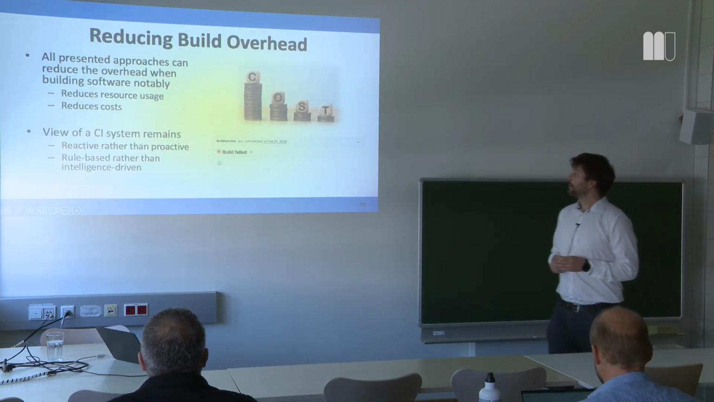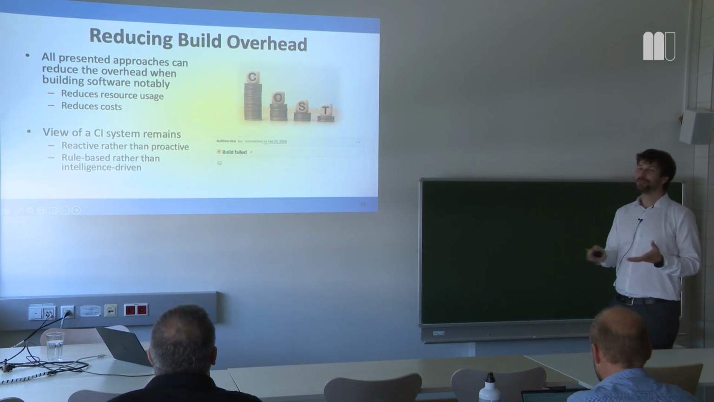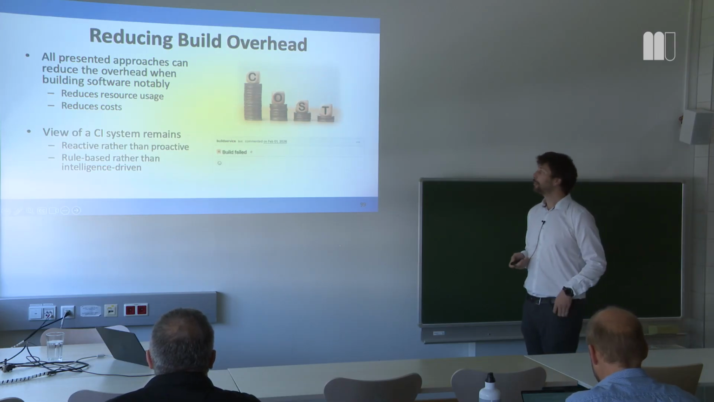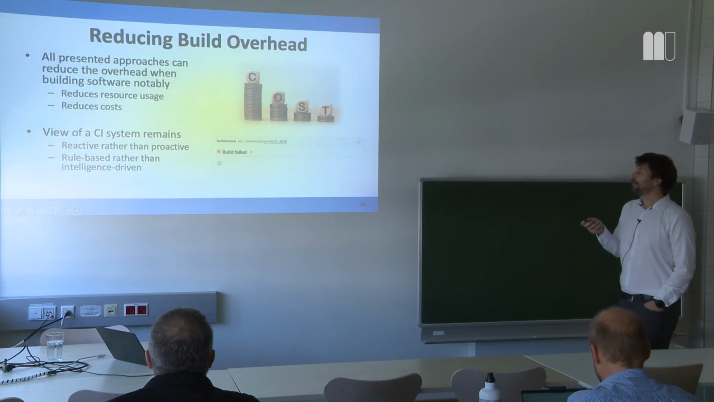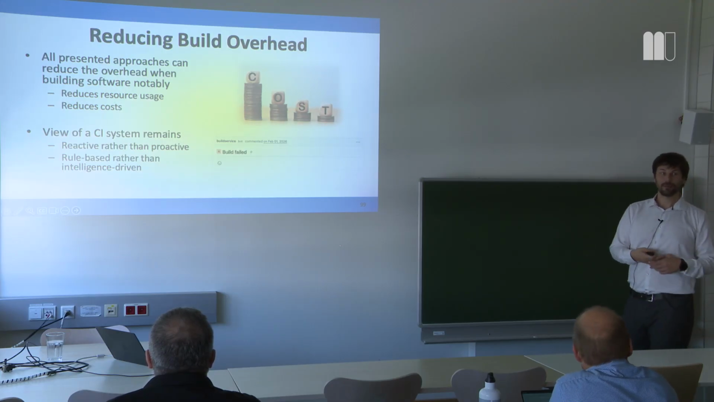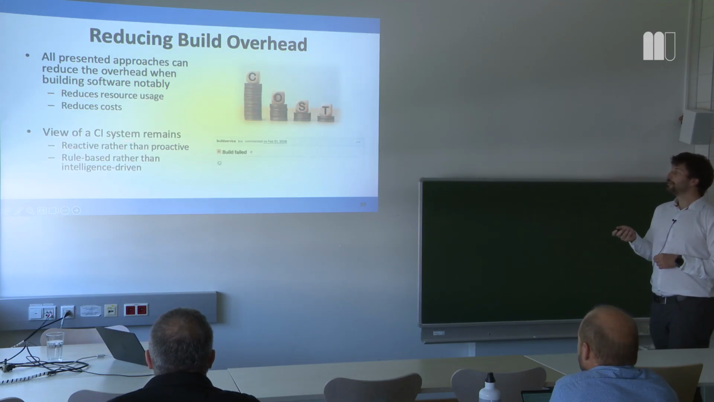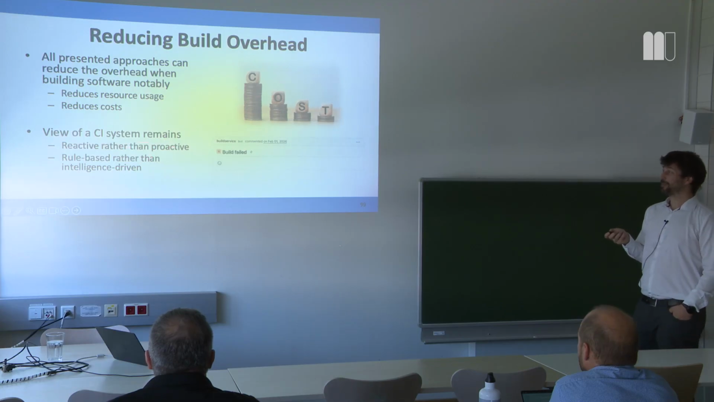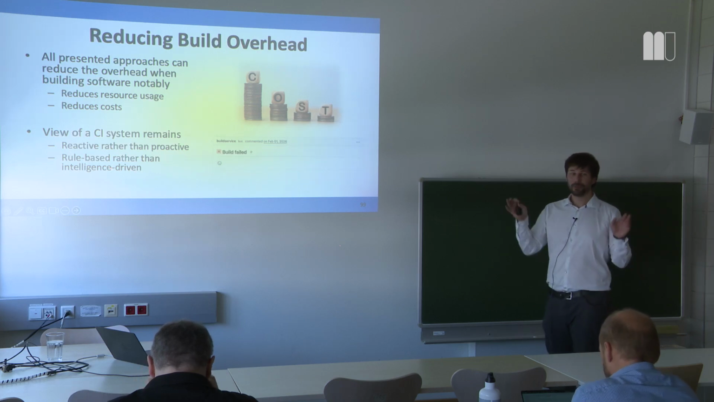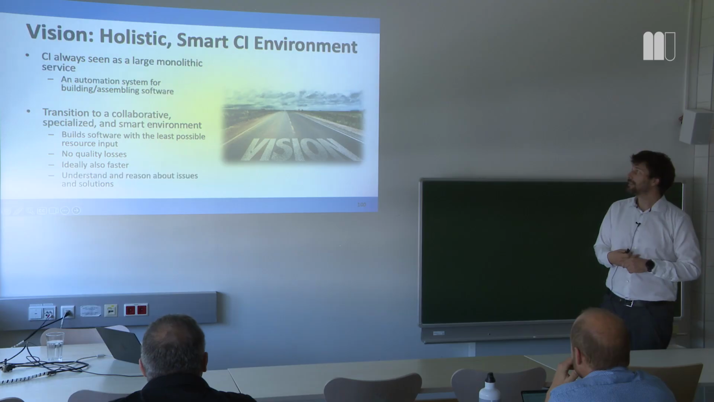So to sum up, what the habilitation work is actually about is reducing the build overhead. And all of the three pillars that I presented so far are contributing to that. So all of them basically reduce the overhead and so indirectly reduce the cost that we have for having runs running on the cloud or even on your bare metal machines. And the view of the CI system still remains: this is still reactive rather than proactive, and rule-based rather than intelligence-driven, as we could call it. So the vision that we have after the habilitation talk is that we cannot see,